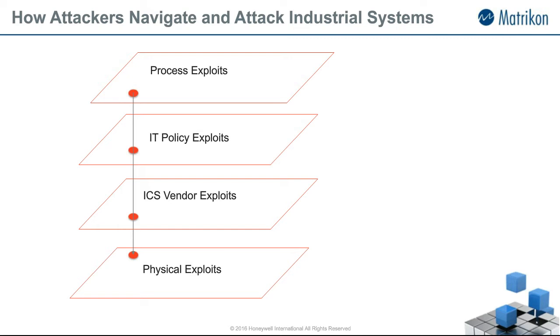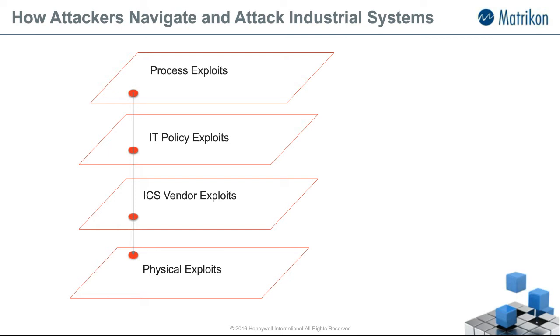They're just actually attacking the process itself. So they still need to gain access into the system, but then they hide within the system because all the commands that they're issuing are actually valid, right? So when you're thinking about the types of attacks, there are different layers that you start